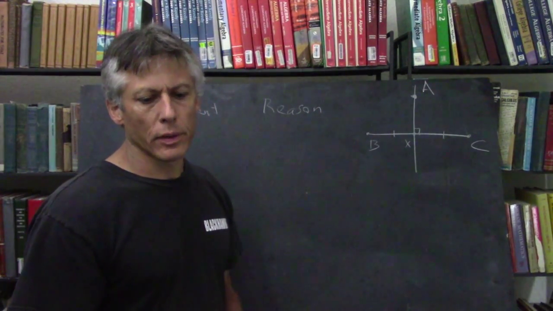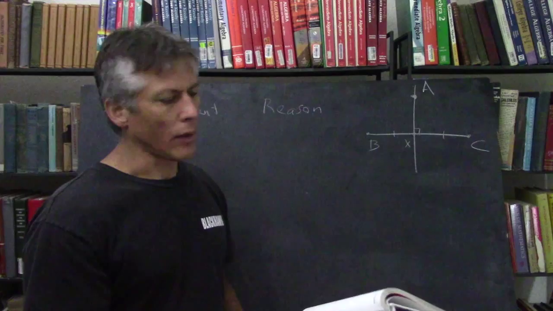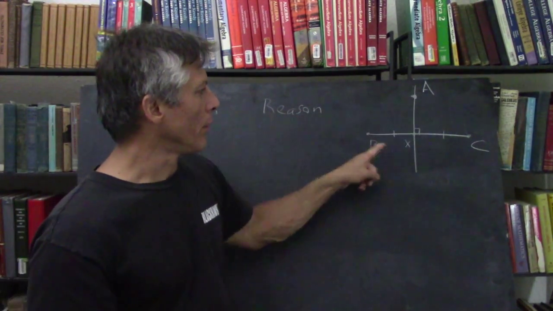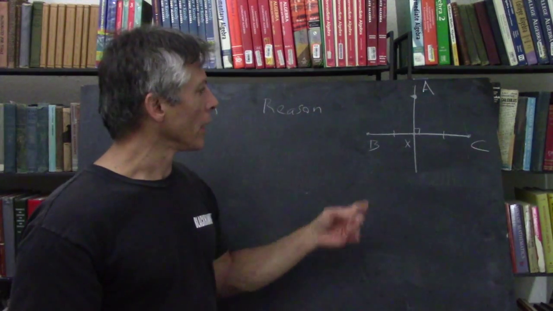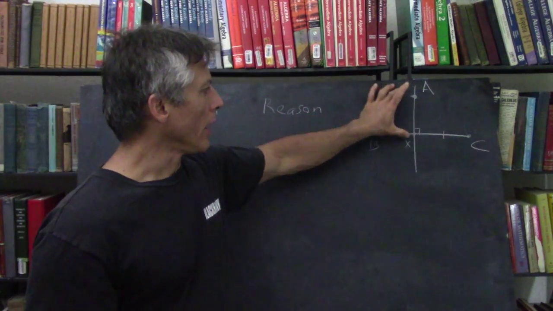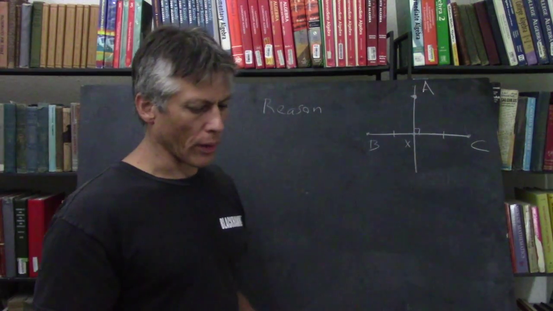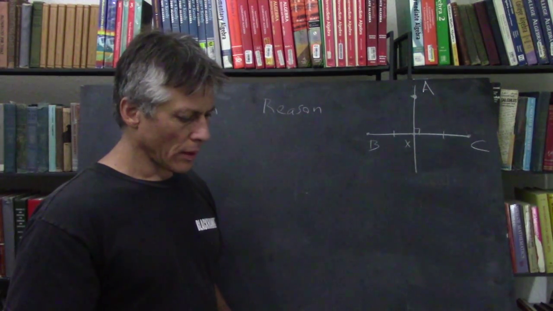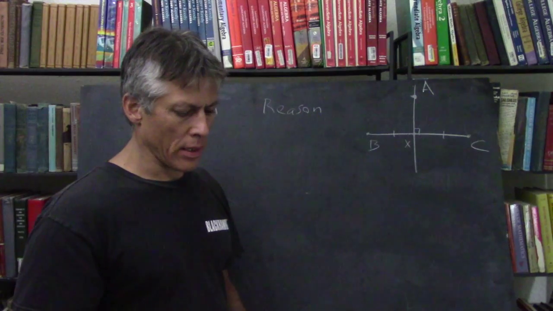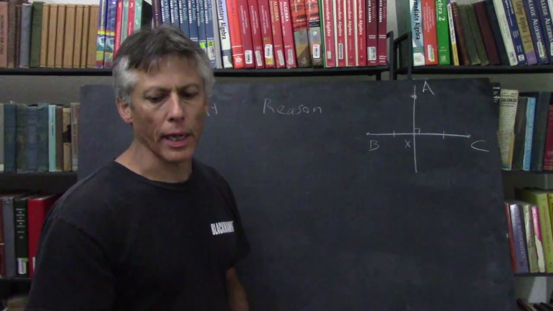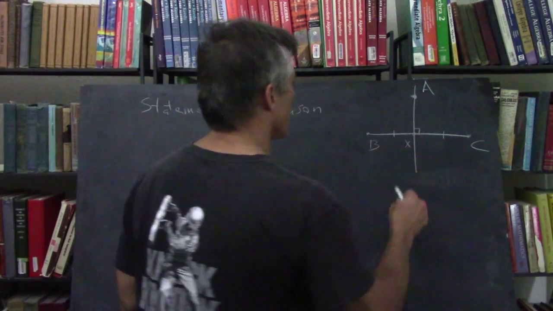Theorem 4.5 says that if a point A lies on the perpendicular bisector of a segment BC, so AX is perpendicular to BC and cuts it into two equal parts. If that's the case, then the point is equidistant from the endpoints of the segment. And what that means is that